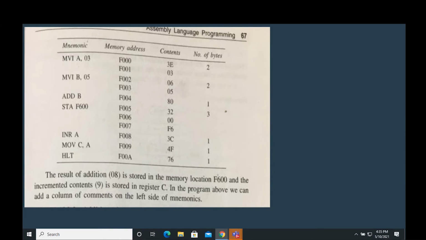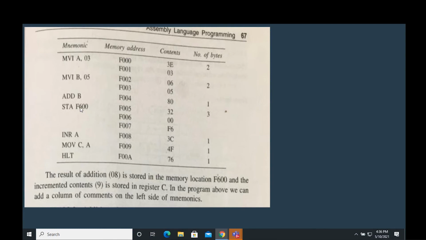Okay, so as you can see here, F600 is a memory location. Now, A and B are all registers. Now, this is a 16-bit address, which means to say 16-bit data. You can think like that. So you're breaking this into two. If you break F600 into two, then one piece will be 00. That is the lower order, and F6 will be the higher order.